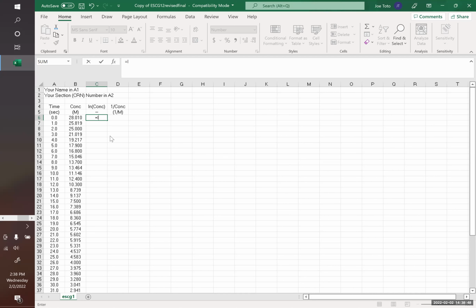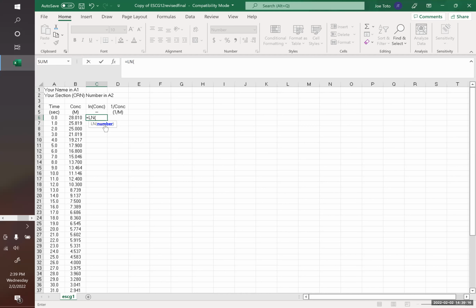So I put in L next, and Excel's trying to help me out. What do you want to calculate? Large, LCM? What are you up to? And so I can see down in the list, oh, this is the one that I want. So I can click on it, or I can continue to type ln. Now I'm down to one option. Okay, good. That's the one I want. So I double click on that. And it says, okay,